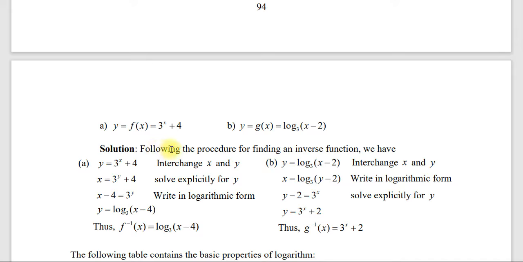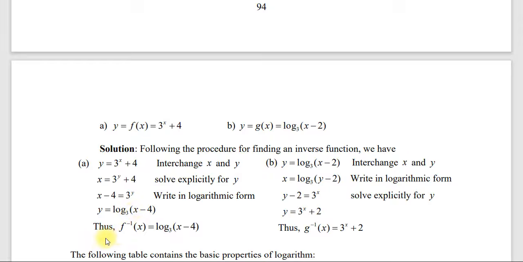ስለዚህ following the procedure for finding the inverse of function, we have y which is equal to 3 the power of x plus 4. Interchange x and y ምን ለመፈለግ? ኢንቨርሱን ለመፈለግ ማለት ነው። ስለዚህ x which is equal to 3 the power of y plus 4 ይሆናል። then 4ን ወደዚህ ስታመጧት x minus 4 which is equal to 3 the power of y። both side ምን እናድርገው? ሎጋሪዝም እናስገባው። ስናስገባው እዚህ ጋር y ብቻዋን ትቀራለች። እዚህ ጋር log x minus 4 in base 3 ይሆናል።